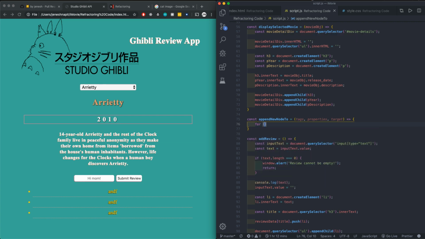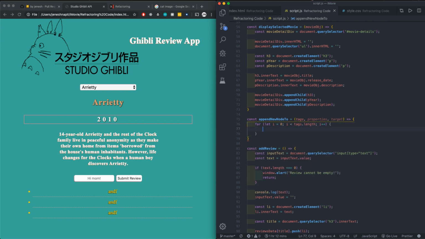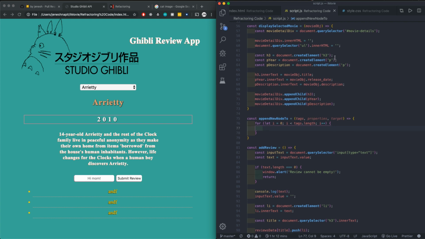What are we doing? We're doing a for loop. Let i equal 0, while i is less than tags.length, and then we'll just do i plus plus, increment. And then first we've got to create this element. So let's copy this,